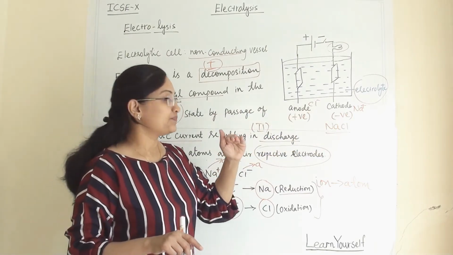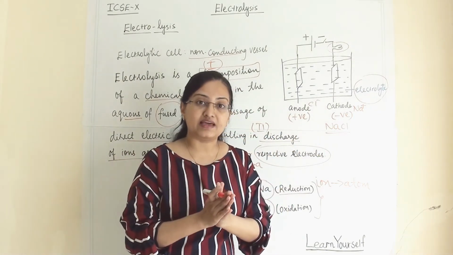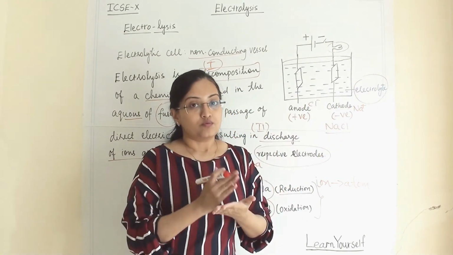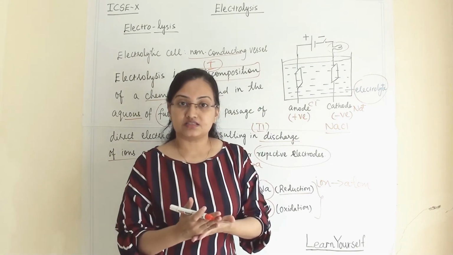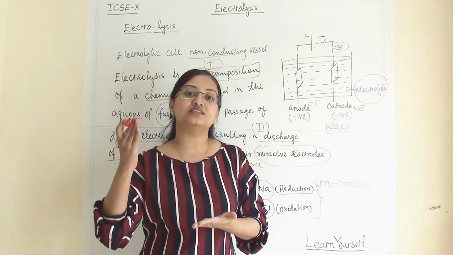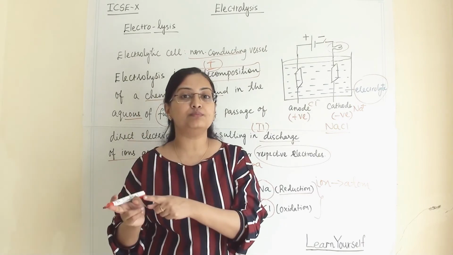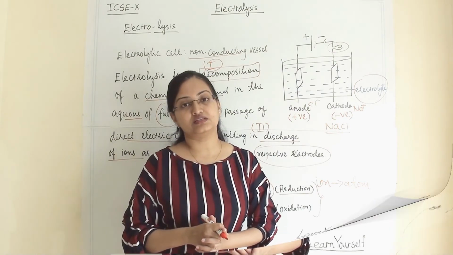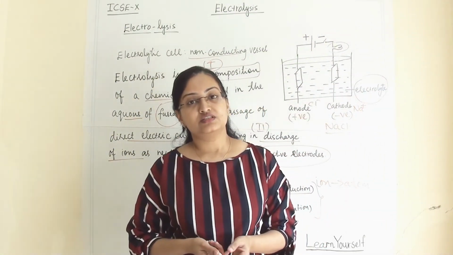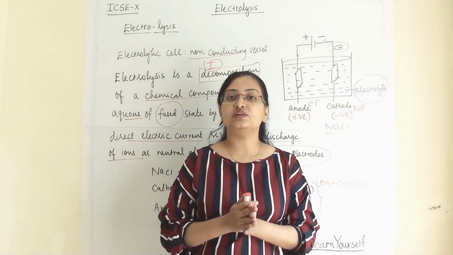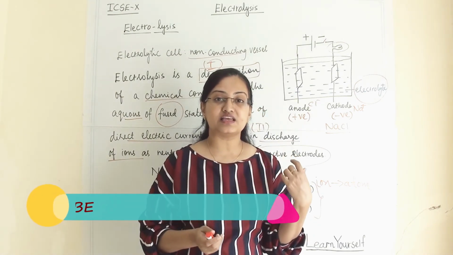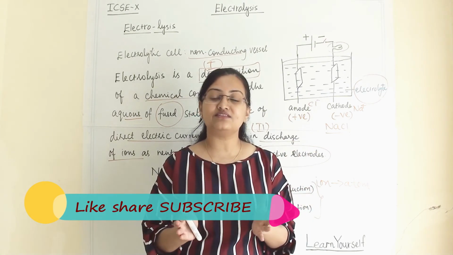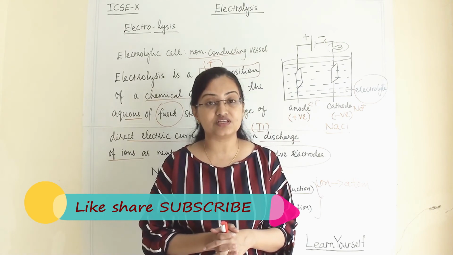Whenever this type of process happens, the electrolyte plays a major role. From the electrolyte we get ions, and those ions move towards their respective electrodes and become neutral atoms. This is how the electrolysis process works. The process remains the same, only the electrodes and the electrolyte change. If you have understood this, then all the cell reactions and electrolysis reasoning will be easy for you.